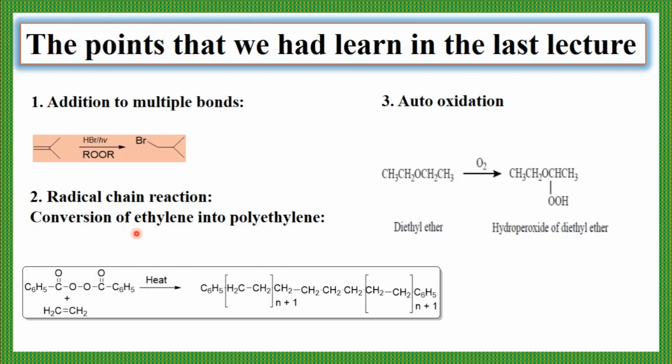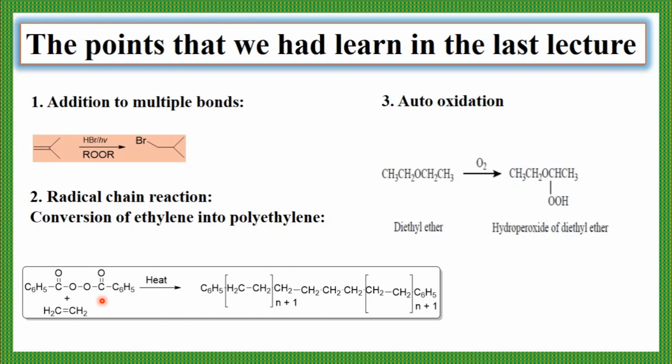Then the last step is the long chain. Last step is simply the termination step. The long chain free radical can be terminated by coupling reaction or by disproportionation reaction. So the last step is simply the termination, and it can be terminated by radical coupling. And the radical coupling is nothing but the coupling of two radicals, and you get simply the neutral molecule. And in disproportionation reaction, you will get one alkene and one alkane molecule. So this is one of the methods by which you can terminate your radical chain reaction, by coupling and disproportionation reaction.